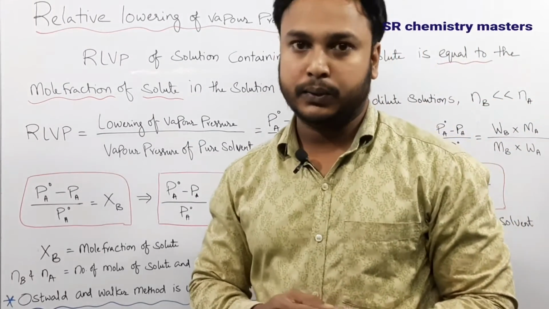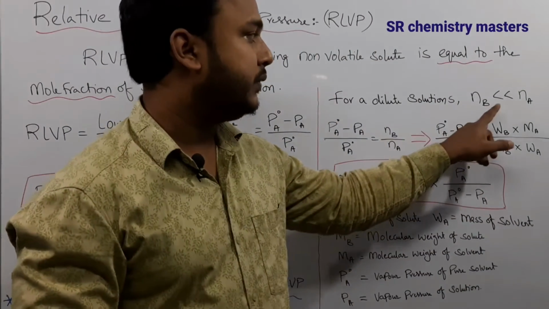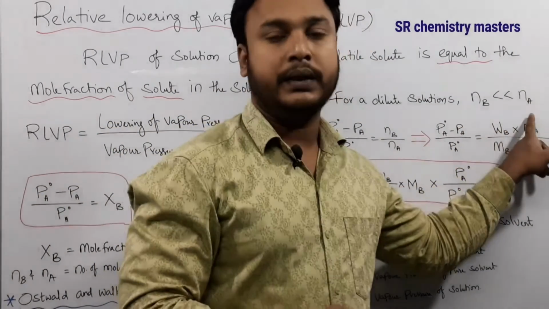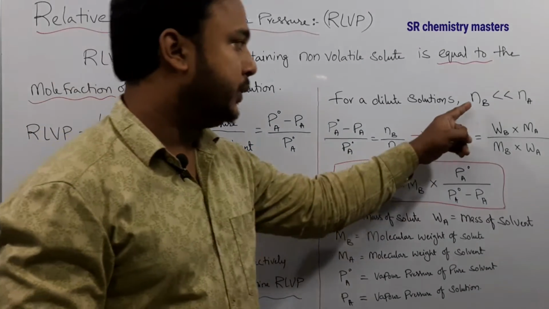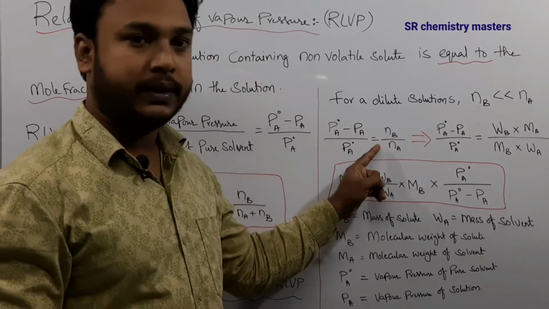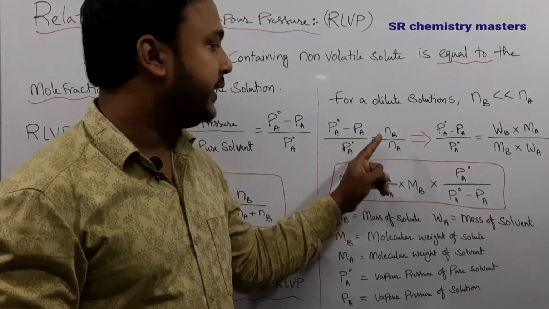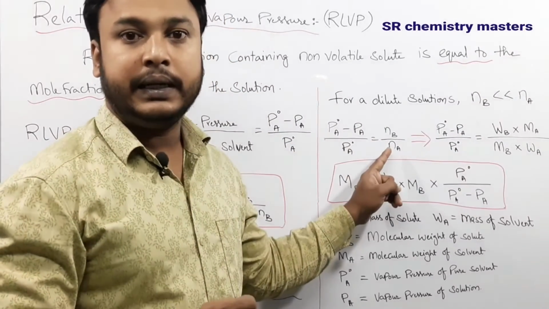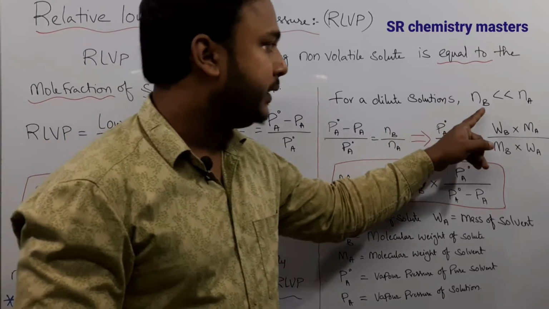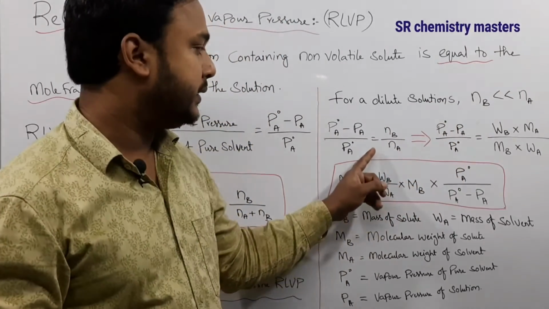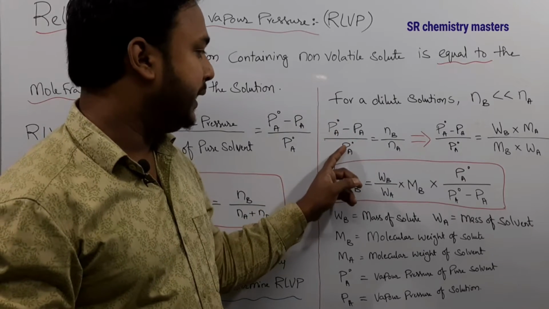But if in the solution the number of moles of solute is very less when compared to the number of moles of solvent, then we can neglect the number of moles of solute in the denominator. Remember, we are not going to neglect it in the numerator, but we are going to ignore it in the denominator. When we take NB as negligible in the denominator, we get the formula PA naught minus PA by PA naught is equal to